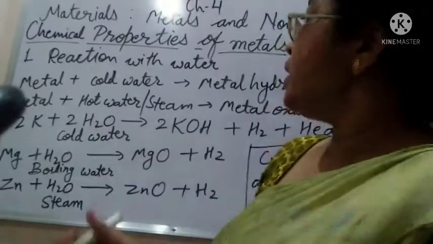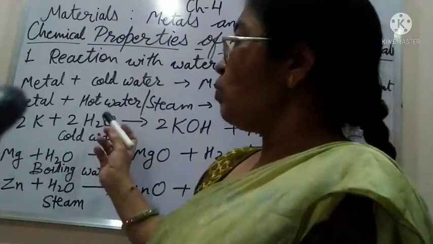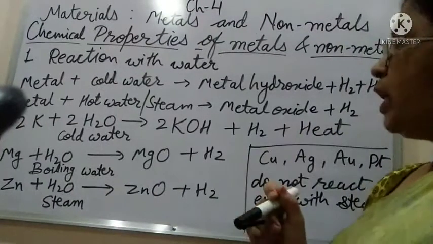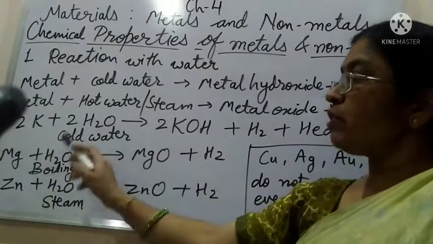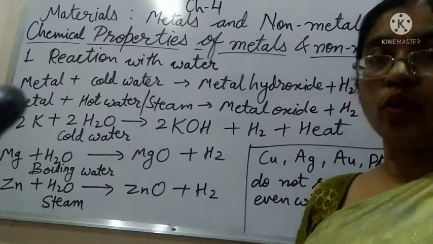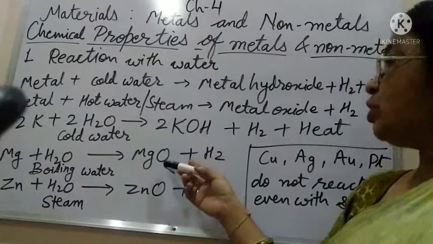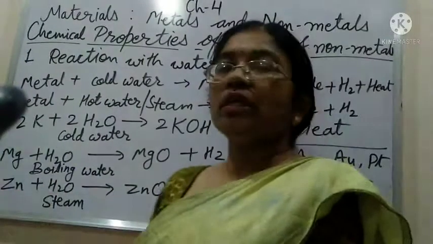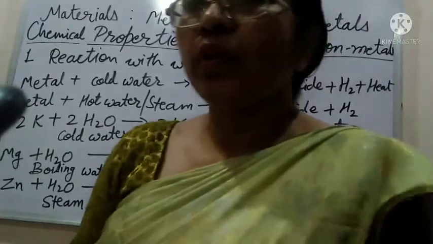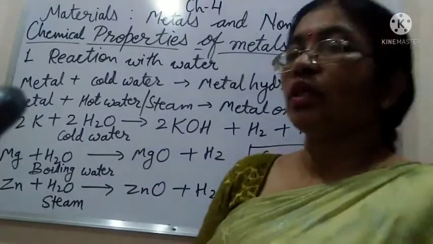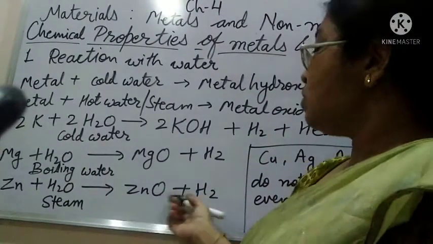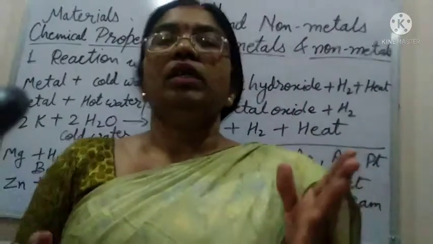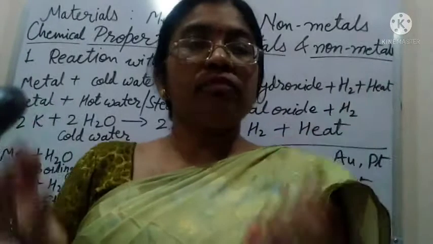Now the same reaction we can understand with potassium as well. Potassium reacts with cold water, potassium hydroxide will be formed, hydrogen gas will be evolved and heat energy will be evolved. But magnesium will not react with cold water. It requires boiling or hot water for the reaction, and magnesium oxide will be formed, which is basic in nature. Now, zinc does not react with either cold or hot water, but steam is required for the reaction of zinc with water, and that's why zinc will react with steam and zinc oxide and hydrogen gas will be formed. But the metals which are very less reactive, actually less reactive than hydrogen,